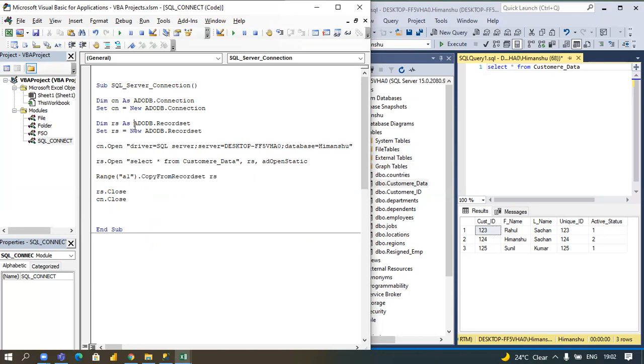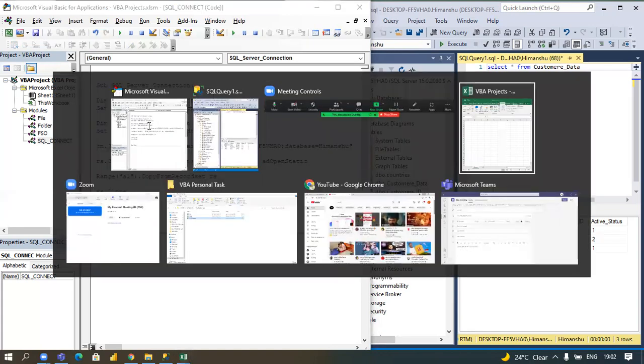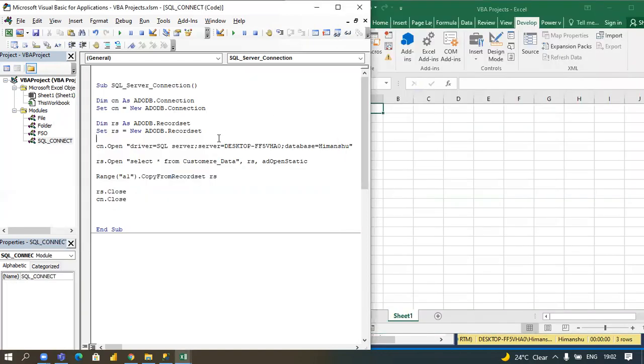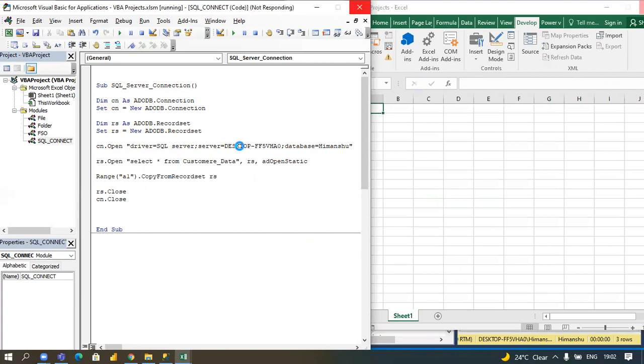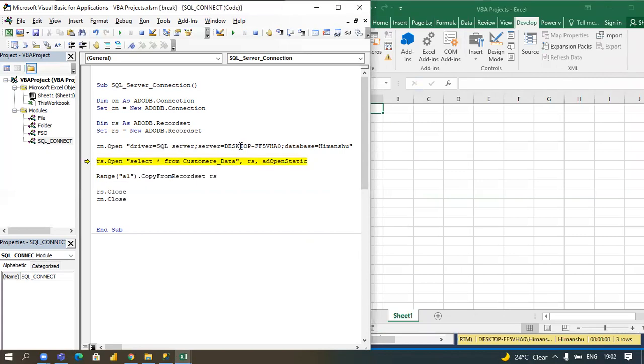Okay, now I am going to execute the query. In Excel you can see there is no data. I just press F8 repeatedly. It is getting connected with the SQL server. It will take some time. Yeah, it has been connected. Now execute the query of fetching data. There is some error.